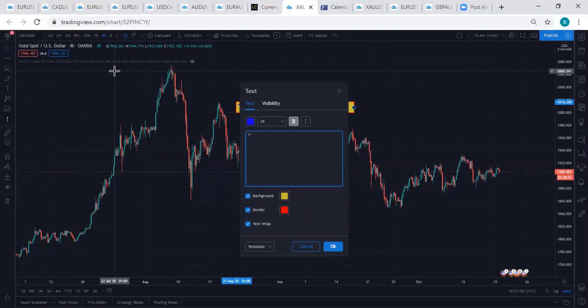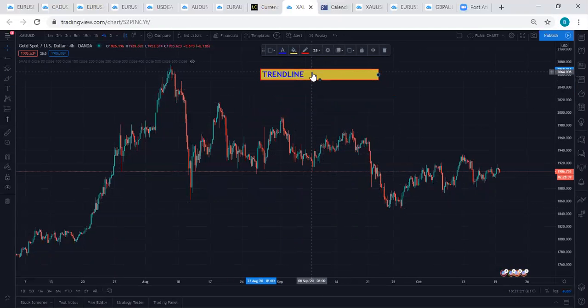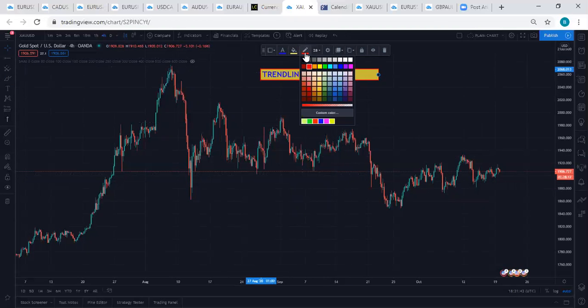Let me write everything in caps lock. Trend line. Beautiful. Trend line. Now, what are trend lines? Let me first do a very basic definition. When you look at this chart, you will notice, after this trend line, we're going to be looking at structure. I'm going to be doing an introduction into structure today, market structure. So let me add to this, not just trend line, but trend line and structure.